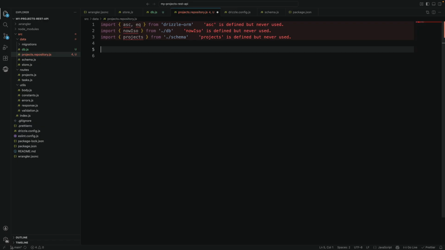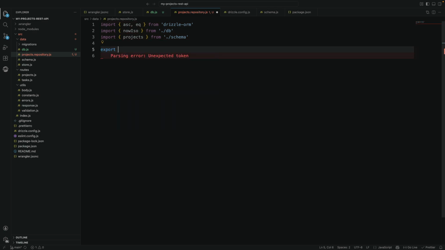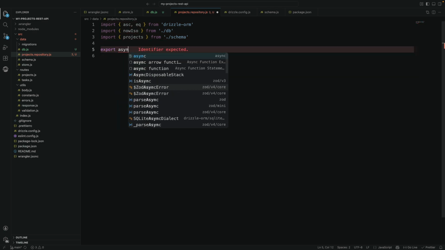So the first thing, let's do every interaction with the database should be an asynchronous interaction because those actually could take time to process. So if I need to have an export asynchronous function,